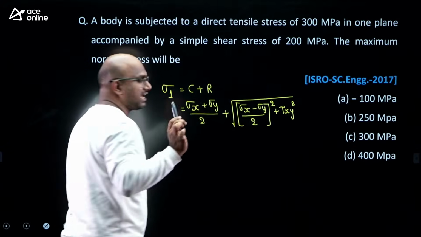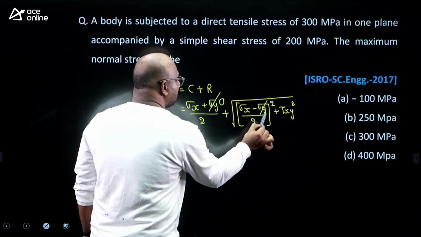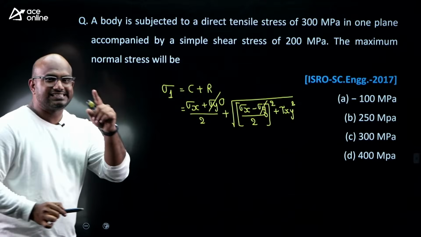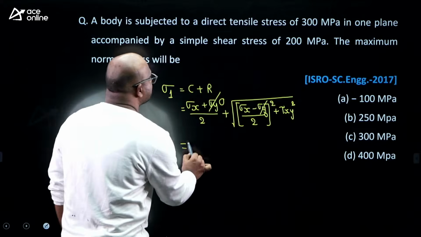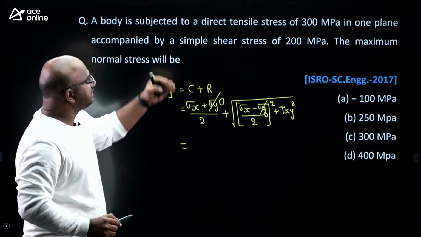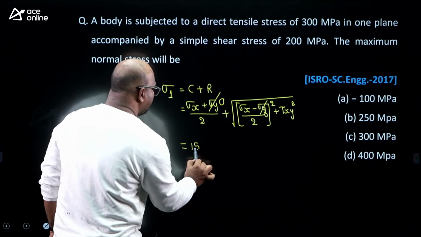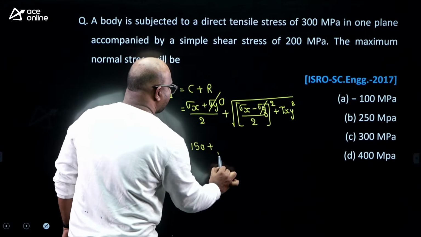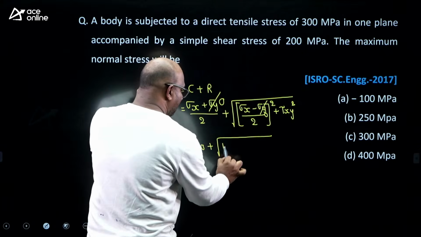But here sigma y will be equal to 0. Why? Because he has given the stress only in one direction. So sigma x by 2 means 300 by 2, which is 150, plus the square root of 150 square